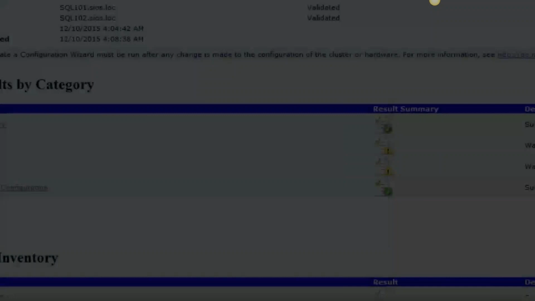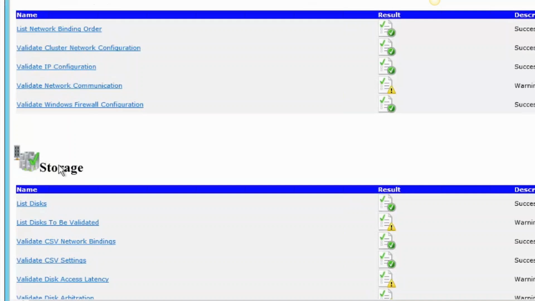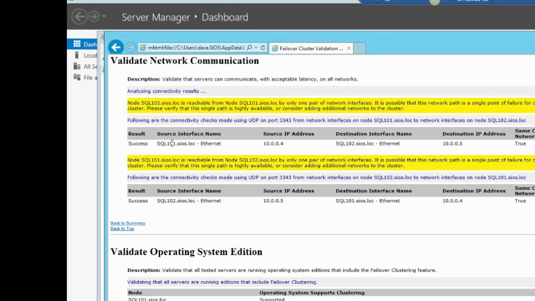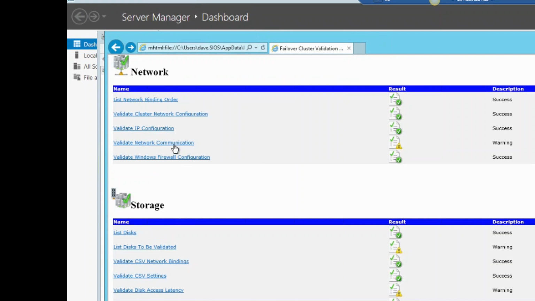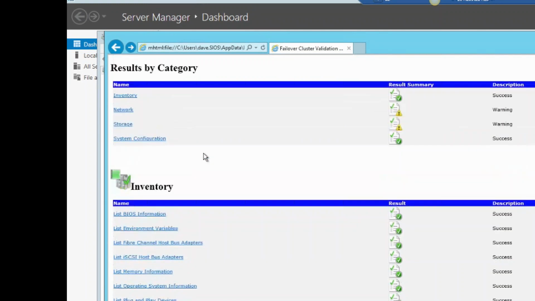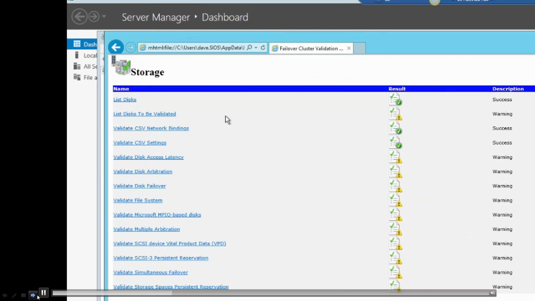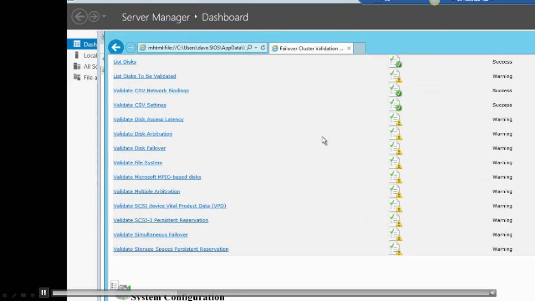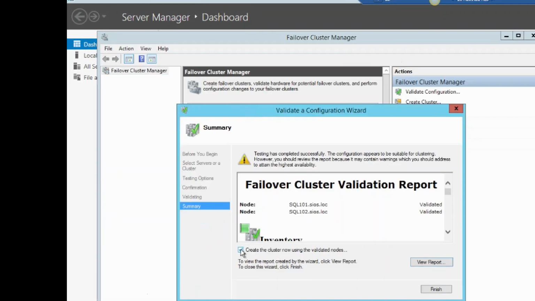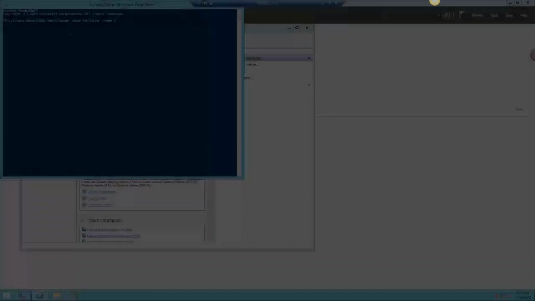So I jump forward, and this is basically the report you're going to see. It's going to warn you about networking. We can ignore that warning, and it's also going to warn you about storage. You can ignore all those warnings because we know we don't have shared storage in Azure to begin with. So once that is done, you can click Finish, and we're going to go ahead and get started with the